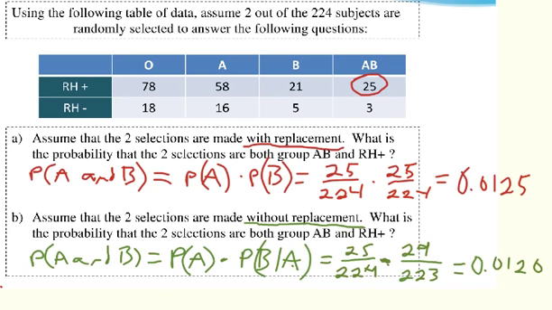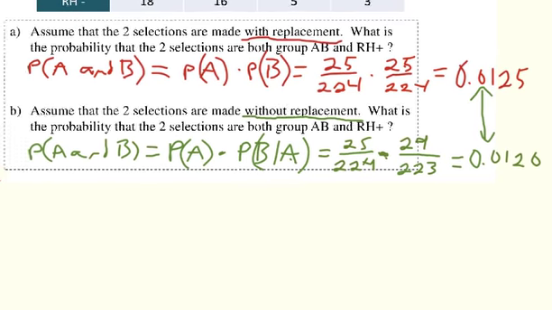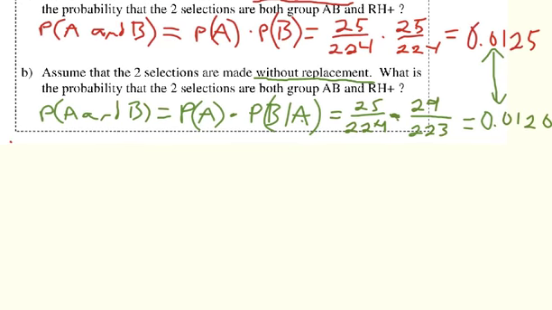Now you may be thinking the difference between these 2 probabilities in part A and part B is so small, why is it even significant? And the answer is it's not significant. To double check, if we remember, one of the ways to see how significant that difference might be would be to look at,